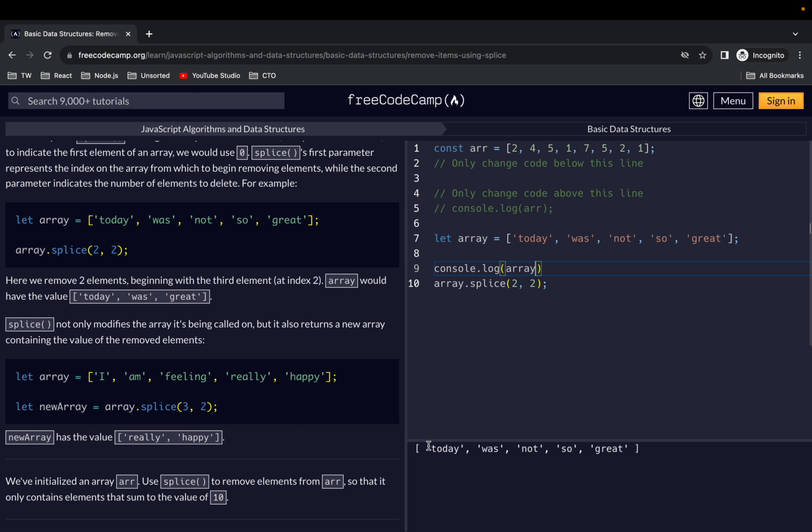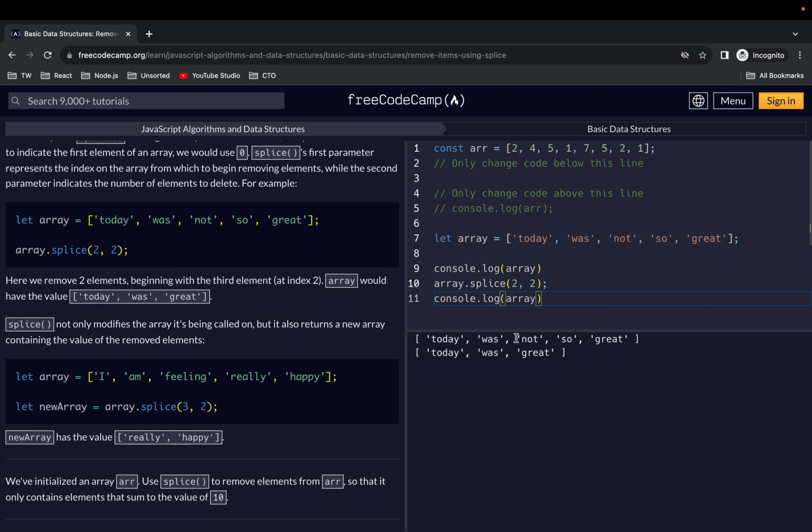And as you can see, today was not a great day. Now let me copy this and put it below it. So as you can see, before the splice method, we have "today was not a great day." But after the splice method, we have "today was great," which means that these 2 elements, "not" and "so," have been removed. And the reason why they have been removed is because the array.splice method was given a first argument of